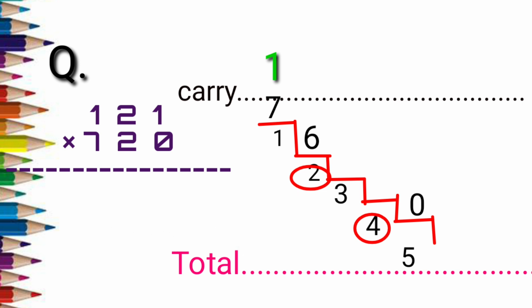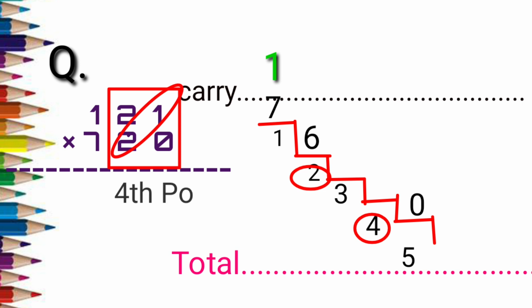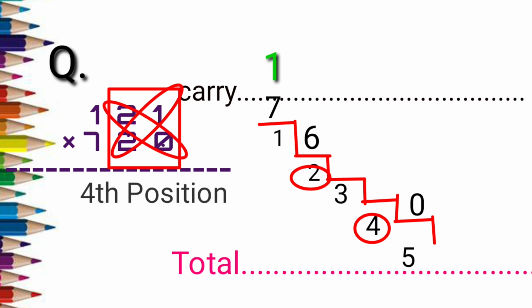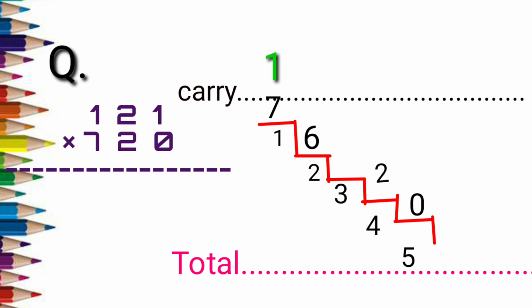Okay, now 4th position what we have to do similarly, that is ones and tens place we have to take. So I'll show you over here, that is 21 and 20. These 2 numbers we'll take and multiply these 2, that is 2 into 0 is 0 and 1 into 2 is what? 2, correct? So 2 plus 0 is 2. So in the 4th position our number is 2. There is no carry. Next what we have to do is we have completed 4 steps. It was very clear, correct?